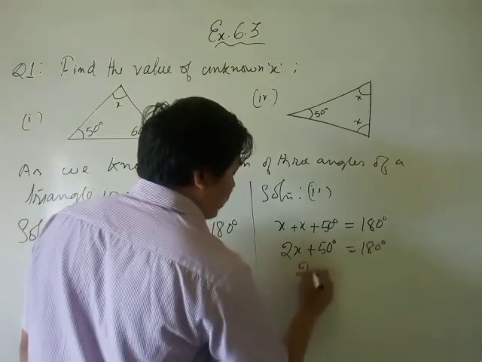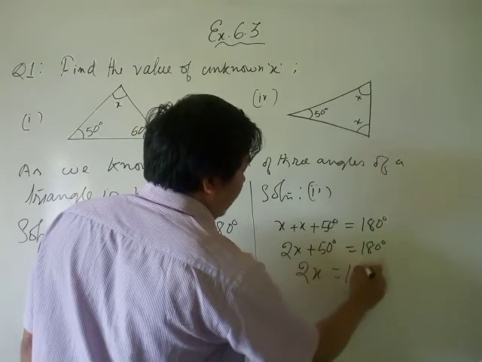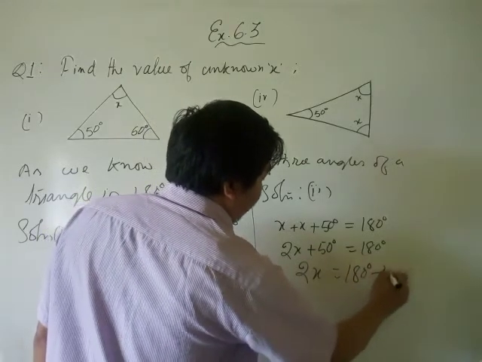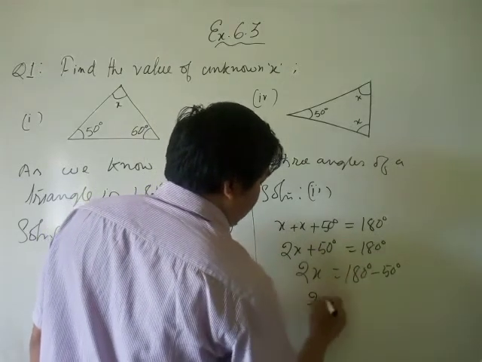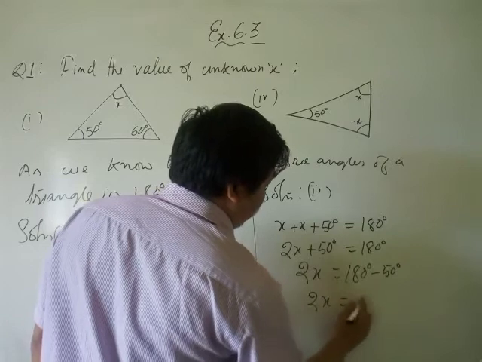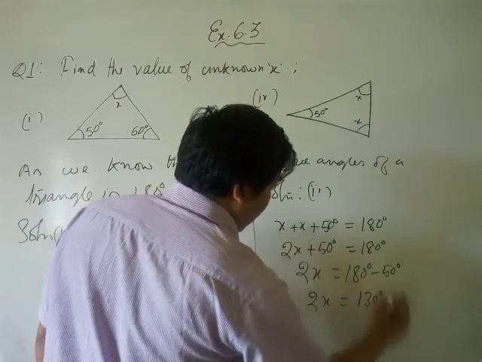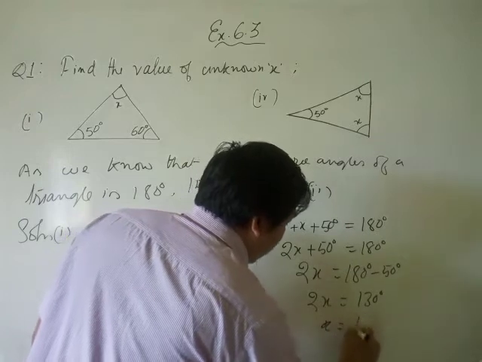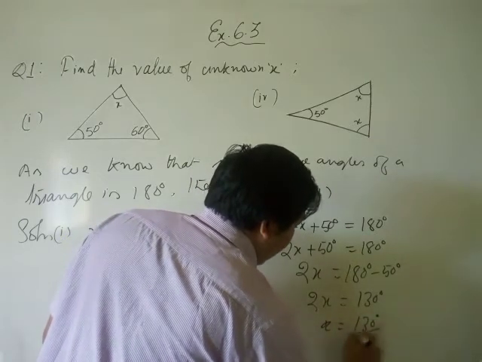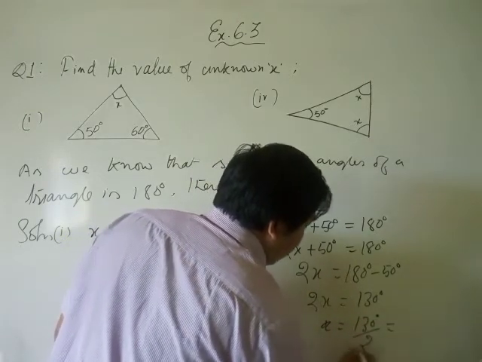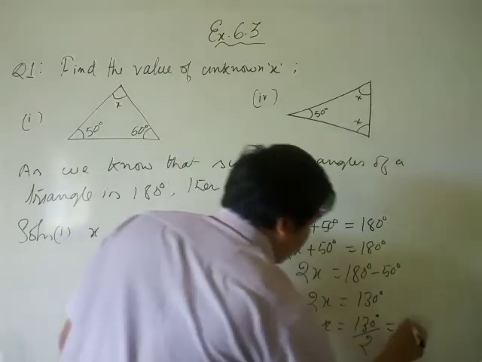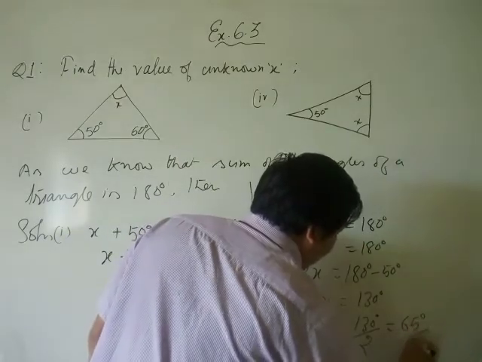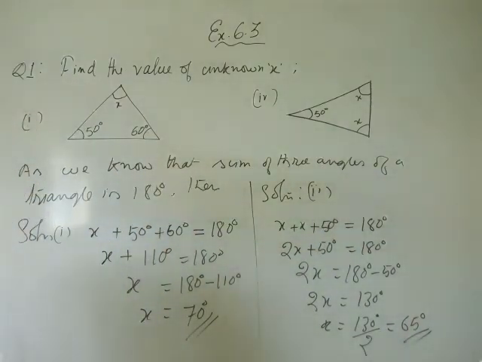Then twice x equal to how much? 180 degrees minus 50 degrees. That means twice x equal to 130 degrees. Then x is equal to 130 degrees divided by 2, that means 65 degrees. So this is the answer of this